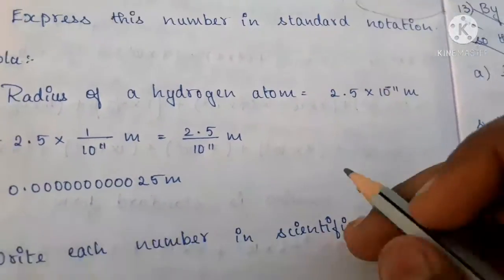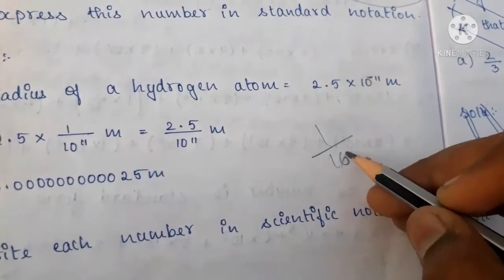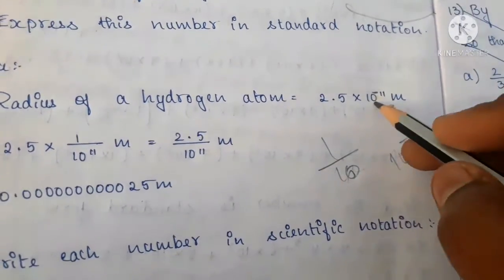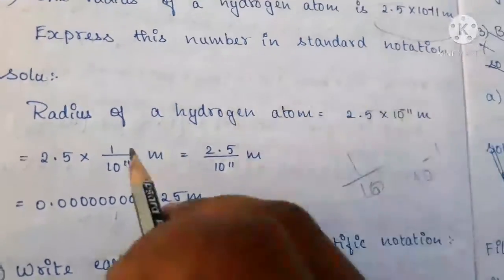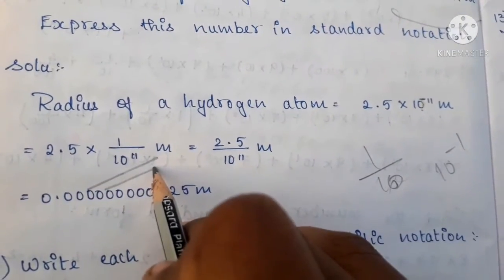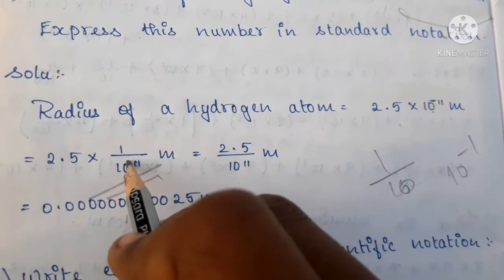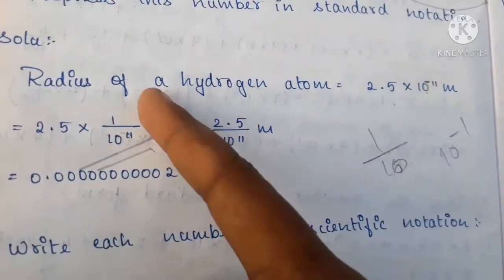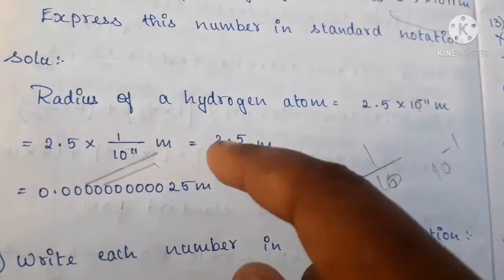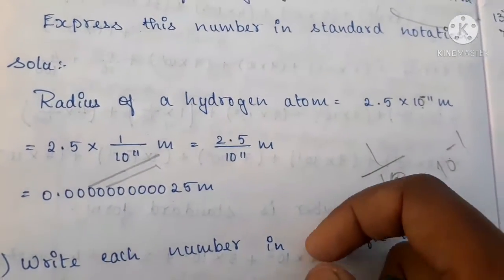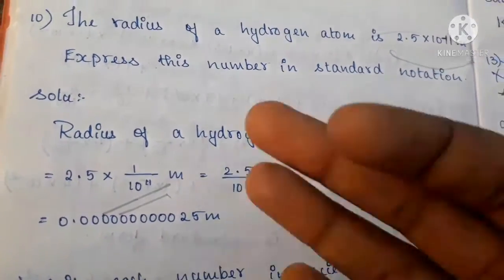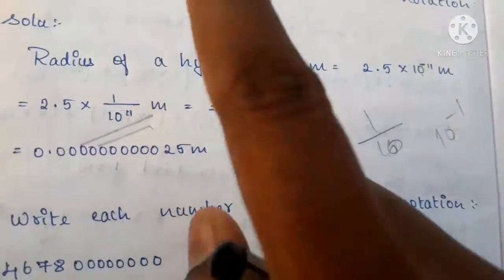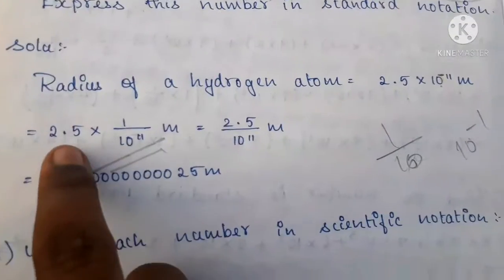I am really sorry. I told you, when you have 1 by 10 in the denominator, you can put it in the numerator as 10 power minus 1. In the same way, if this is 10 power minus 11, you should just put 10 power 11 in the denominator. Here you should not put minus, because we have brought the numerator to the denominator, so the two minuses cancel. To bring it up, you should put minus. To bring it down, you should put a positive number only. But you have to put it in the denominator. That is important. So now what you can do, multiply.